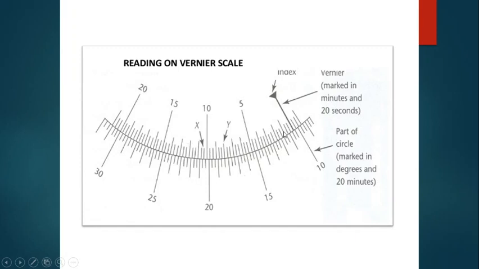Okay, now by this time you might have understood what the different lines correspond to, main scale and vernier scale. Now, how to take a complete reading: main scale reading plus vernier scale reading. Let us say for a particular instance this is a diagram, and from this view we can clearly say the main scale reading is 10 degrees 20 minutes, since it is in between 10 degrees 20 minutes and 40 minutes. Therefore we must consider the smaller one, 10 degrees 20 minutes. I'll write it over here.